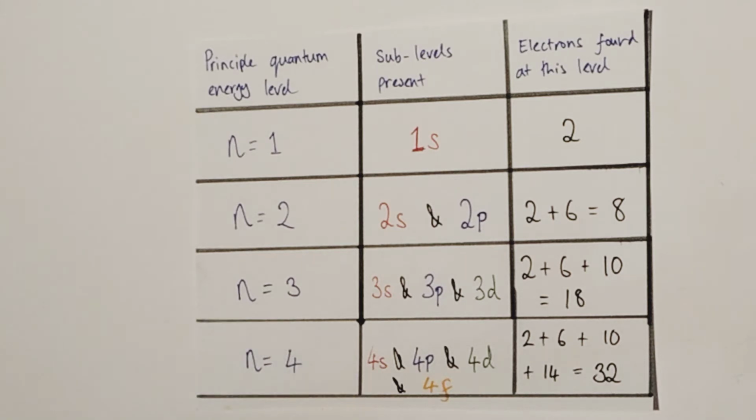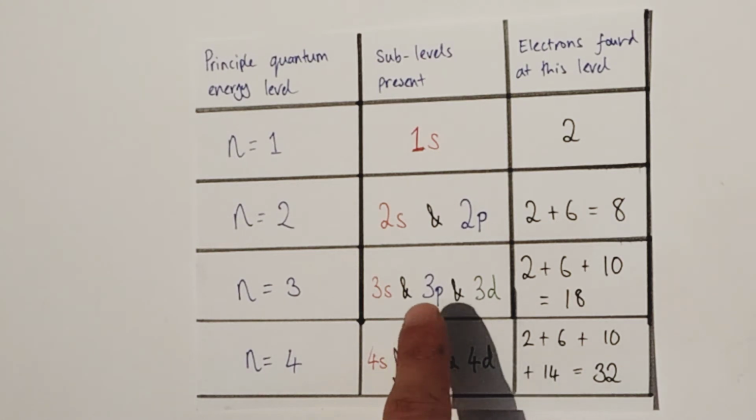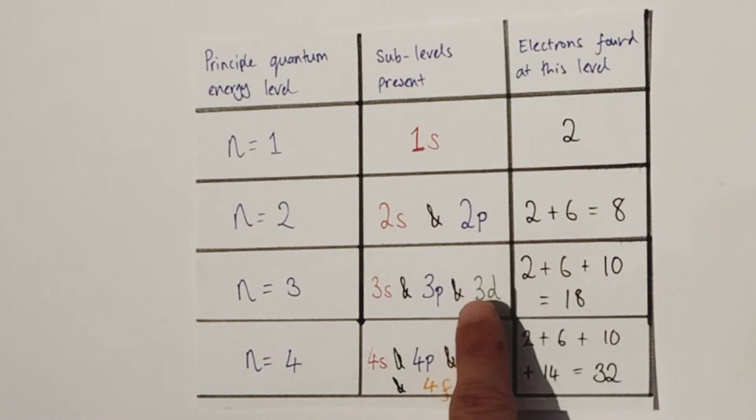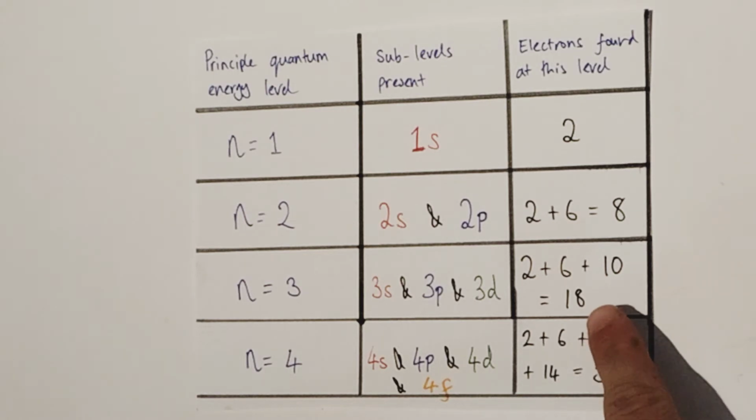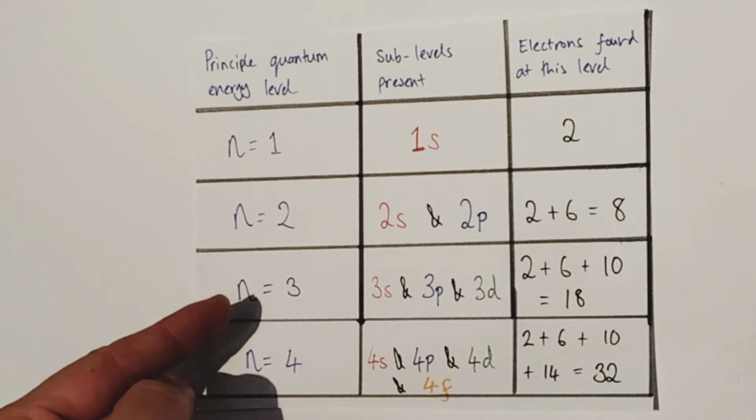N equals 3 is the next principal quantum energy level up, and that has even more energy, and so has a 3s, 3p, and a 3d sublevel able to exist at that particular principal quantum energy level. So again, there are 2 electrons in the 3s, there are 6 in the 3p for the 3p orbitals found in that 3p sublevel, and there are actually 10 electrons able to exist in the 3d sublevel because that has 5 d orbitals, and each d orbital can contain 2 electrons. That's 10 electrons total. So there are 18 electrons able to exist at principal quantum energy level 3 in terms